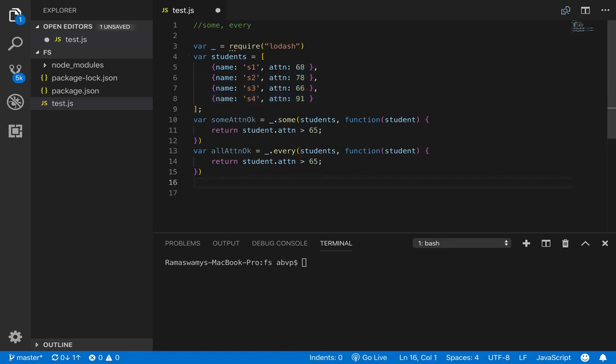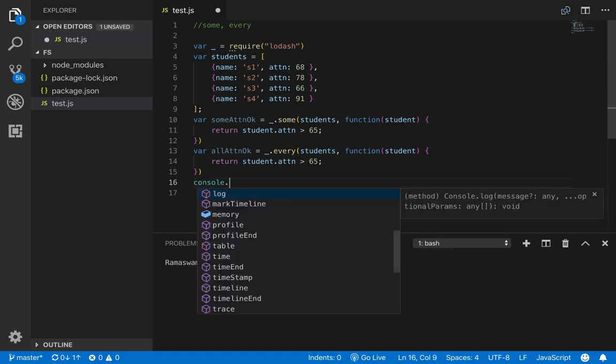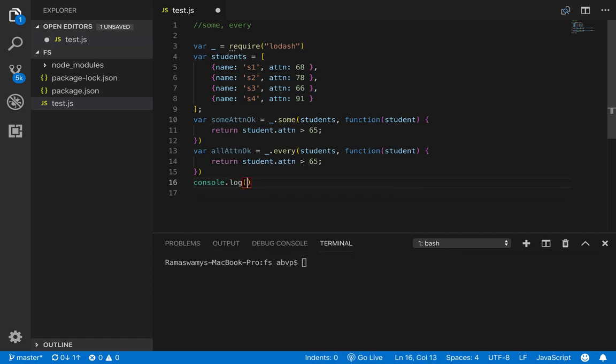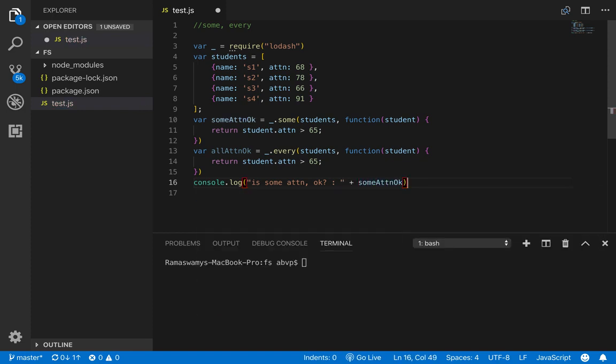So let us now print these two Boolean values by issuing console.log, and let us have a message say is some attendance okay, and let us concatenate that with the variable some attendance okay.